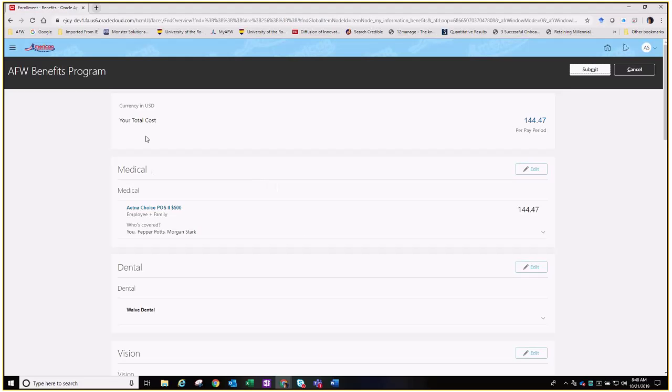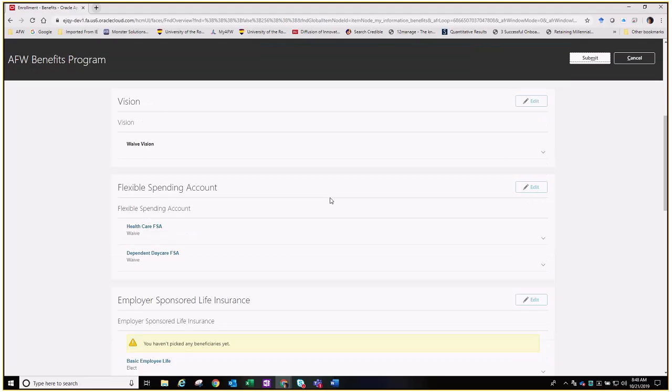So you can see here the total cost per pay period is right here. I have been in this record before already. It may say 0 for you, which is normal. So you can scroll down. You can see we have medical. So when I use the scroll on my mouse and I scroll down, it'll skip over dental. So you want to be careful of that and use your scroll bar over on the right side of the